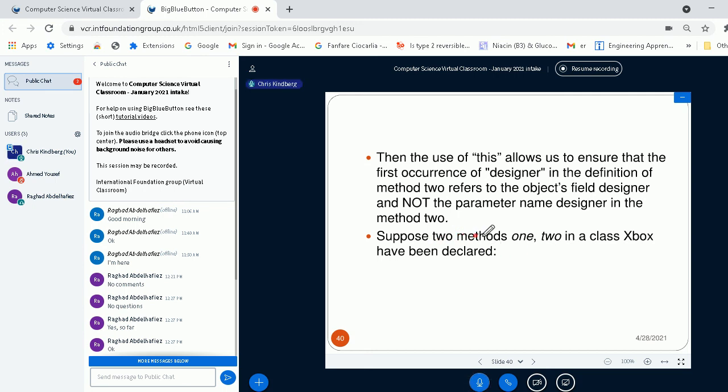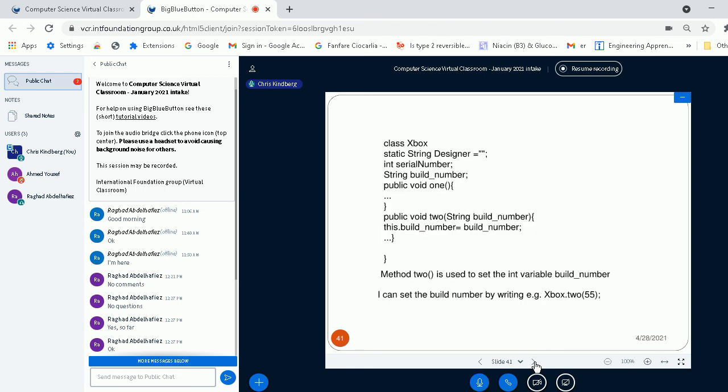Supposing I've got two methods, 1 and 2, in the class Xbox. Here I've got method 1, which I haven't said what it does, but it's public, with a void value. I've got method 2, which is a build number, and I've got this dot build number assigned the value of the string build number here.